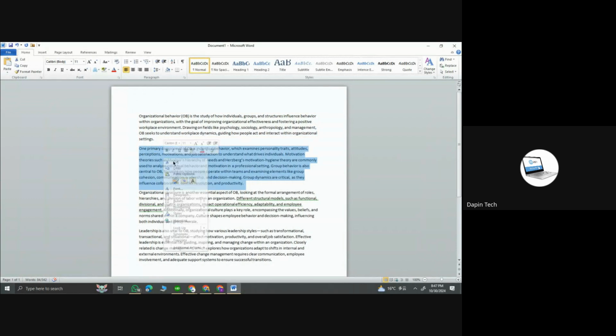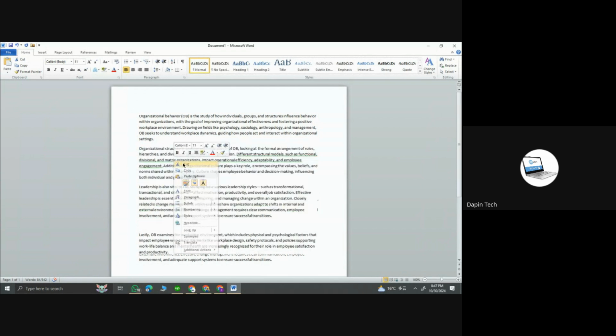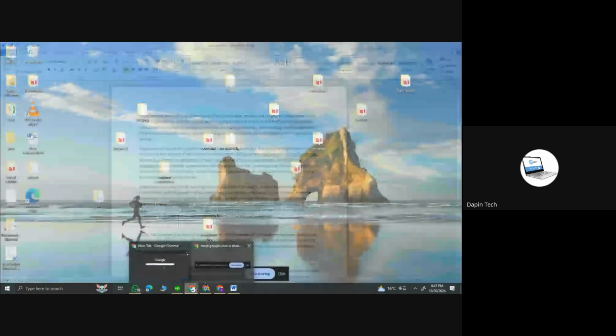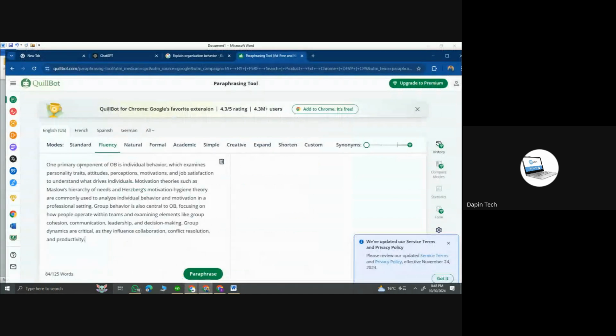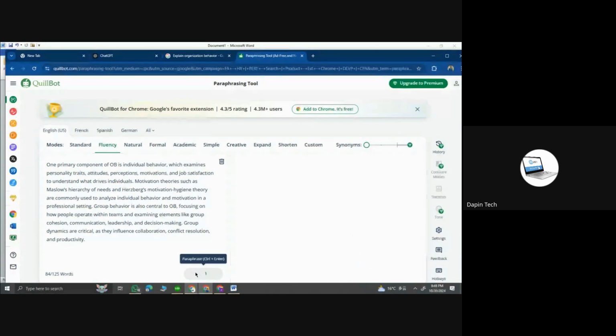84 words, and then you just cut it there, and you paste it in that tab like that. So always make sure here, if you're using this true version, make sure the synonyms are low. Select fluency. You can add just few synonyms. So synonyms are words that can be used interchangeably. That is basic English. So if you just paraphrase like that, you'll see